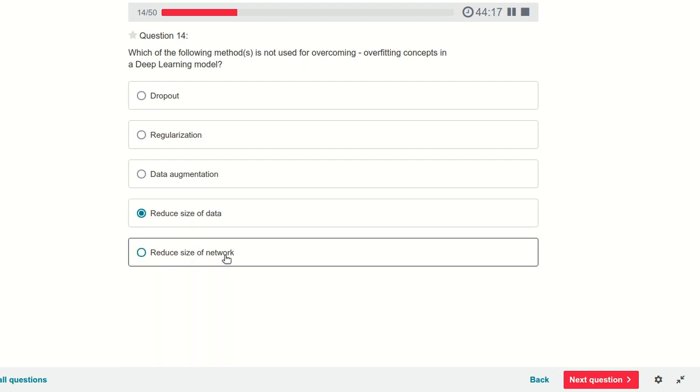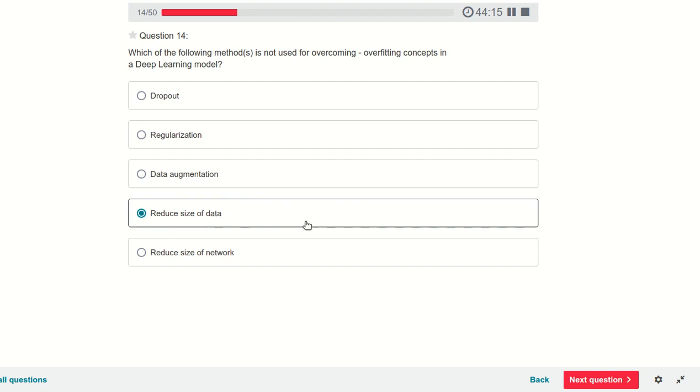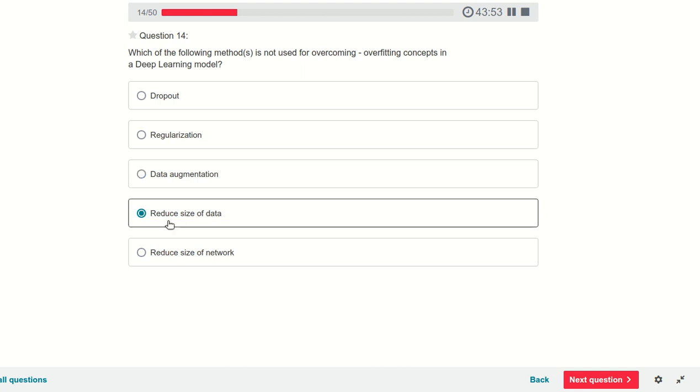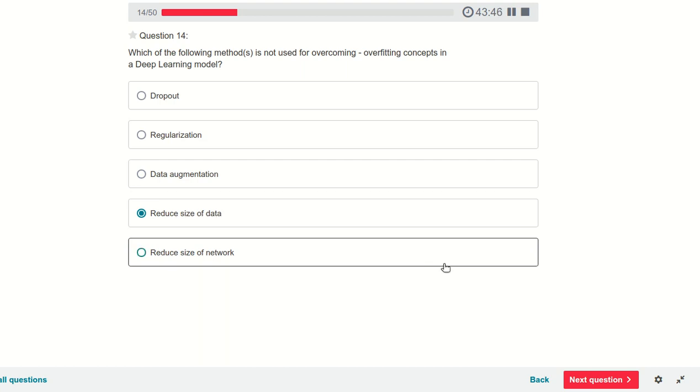Reduce size of network, no. Reduce size of data should be the answer, because if you reduce the size of the data, it will overfit the model, because now it has only a few data, and it will guess the pattern and make a pattern only for those images. It will not create a generalized pattern. So it will create an overfitting issue, neither will it solve the overfitting issue.